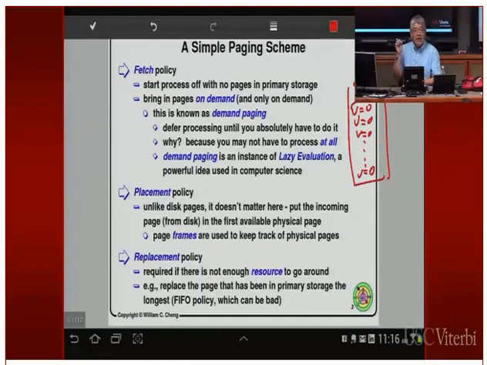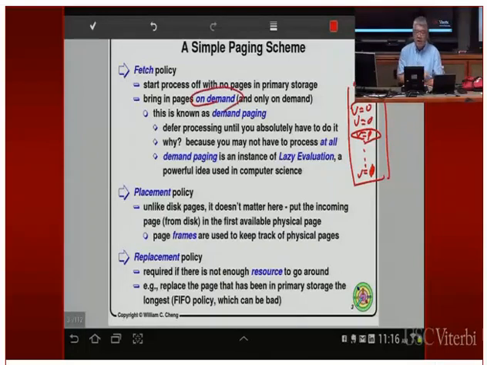Okay, and then from that point on, the next few instructions, you're supposed to be accessing the same page with the validity equal to 1. But then after you run for a while, you're going to access another page where the validity is going to be equal to 0. You page fault into the kernel, and it is going to set it to 1, etc. Okay, so this particular style is called on-demand paging.